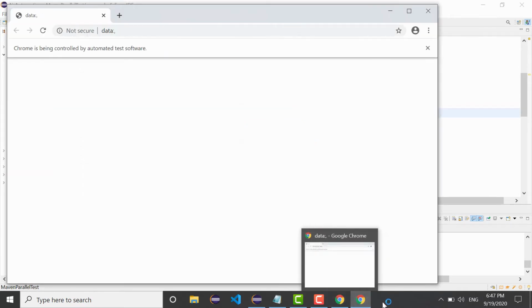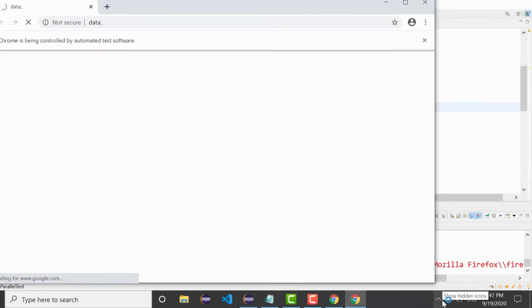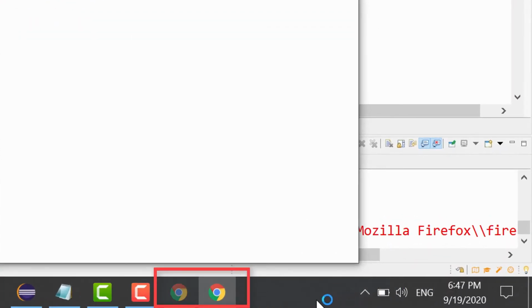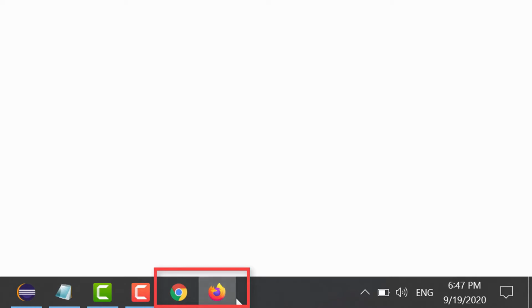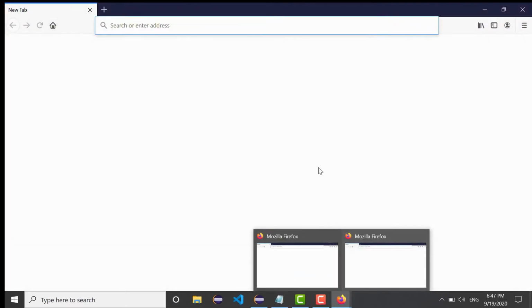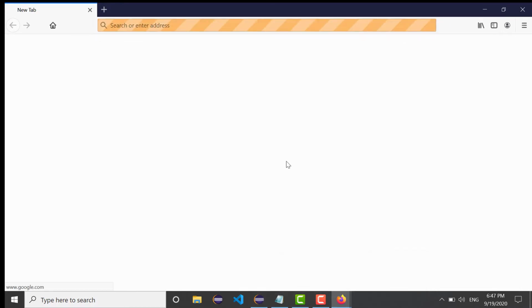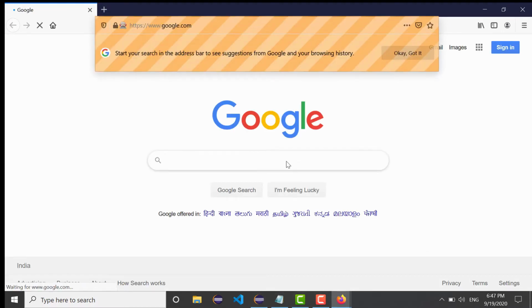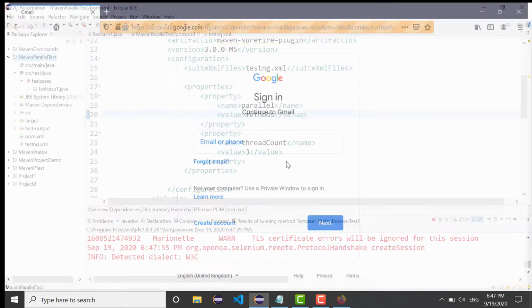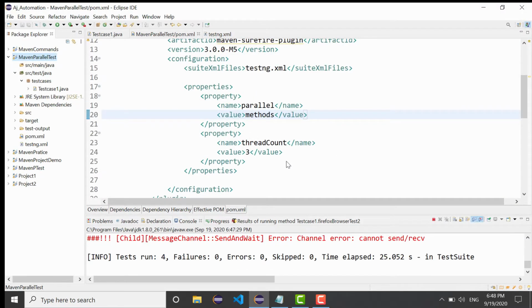I can see 2 Chrome browsers, and maybe it will take some time for Firefox. Yeah, and 2 Firefox browsers got opened simultaneously. The Firefox browser is a little bit slow, Chrome is fast, but they got opened simultaneously.